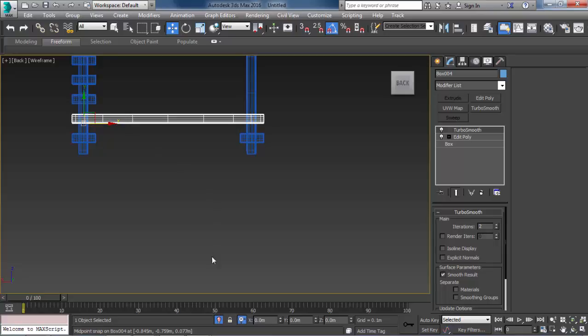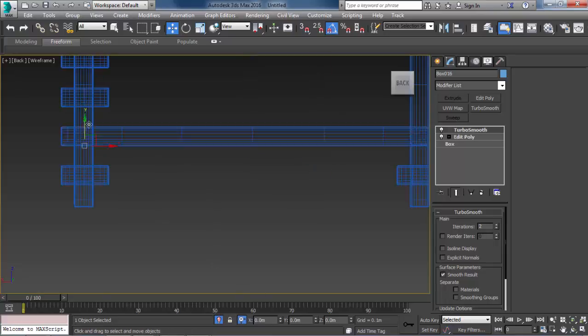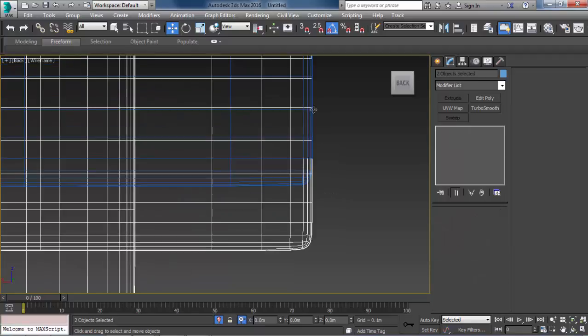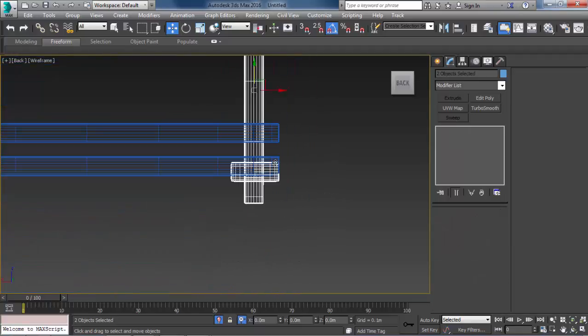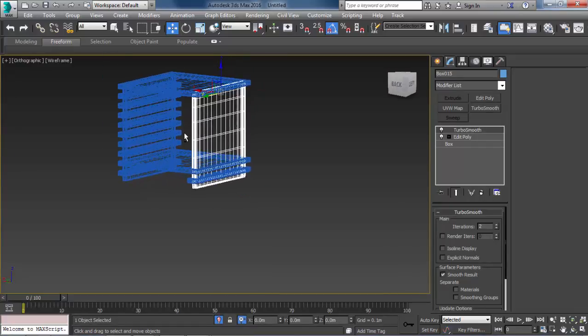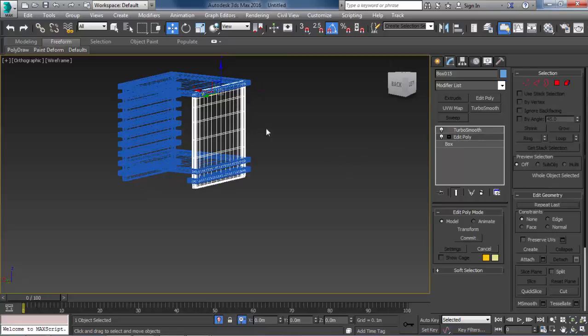Just create a copy. Let's see if they're aligned. Yeah, they're aligned. Great. So this is not gonna continue here.